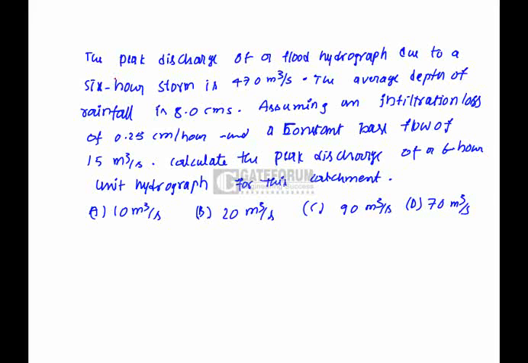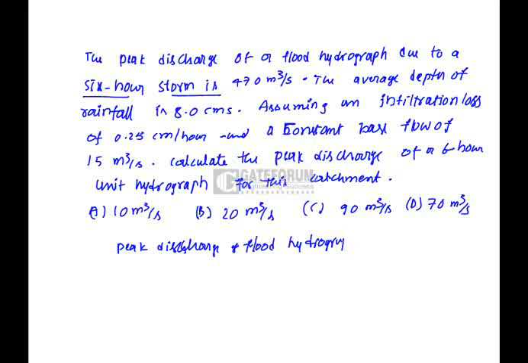The question is: the peak discharge of a flood hydrograph due to a 6-hour storm is given as 470 cubic meters per second. The average depth of rainfall is 8 centimeters. Assuming an infiltration loss of 0.25 centimeters per hour and a constant base flow of 15 cubic meters per second,